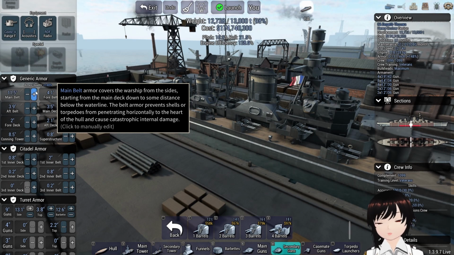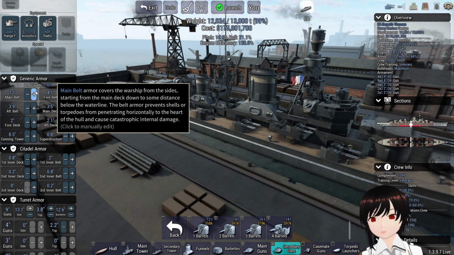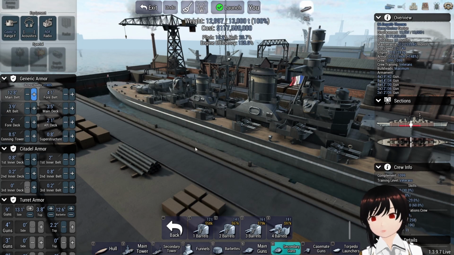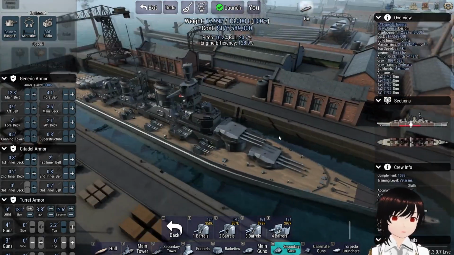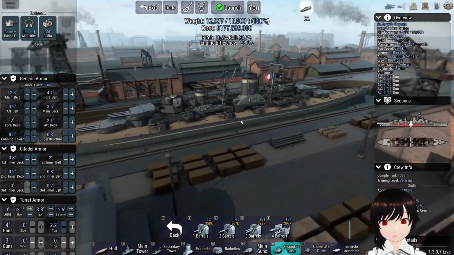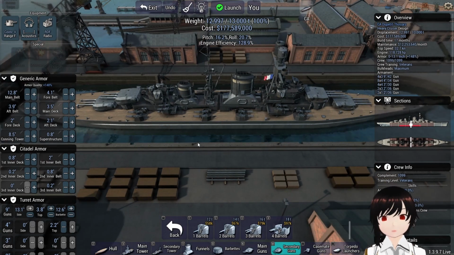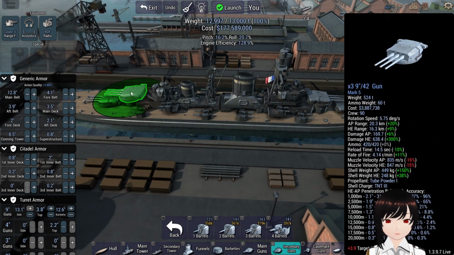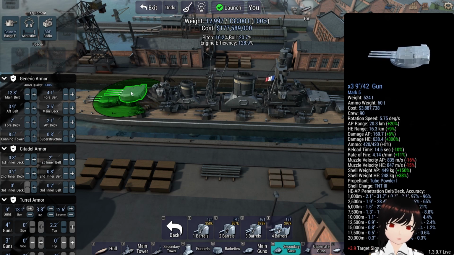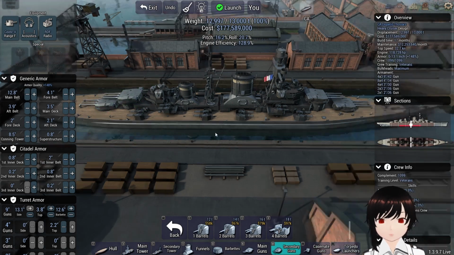We'll just continue armoring the main belt. There we go. 3 tons under. So we're going to lose 3 points from maxing out our tonnage, but it will allow us to bring 24 9-inch guns into this fight, which should be able to hopefully penetrate. And hopefully...